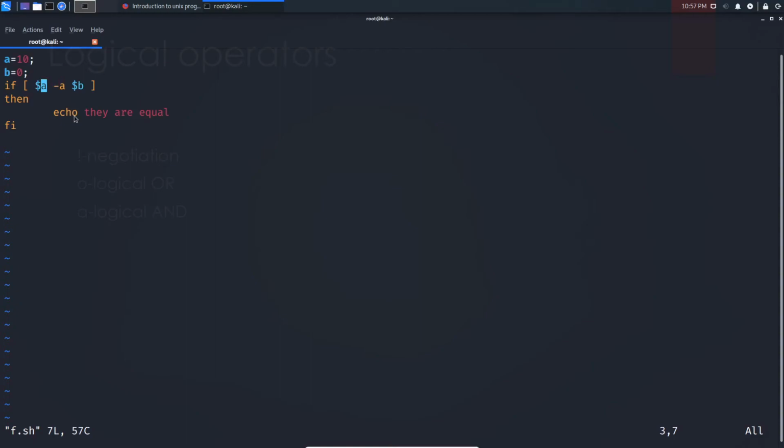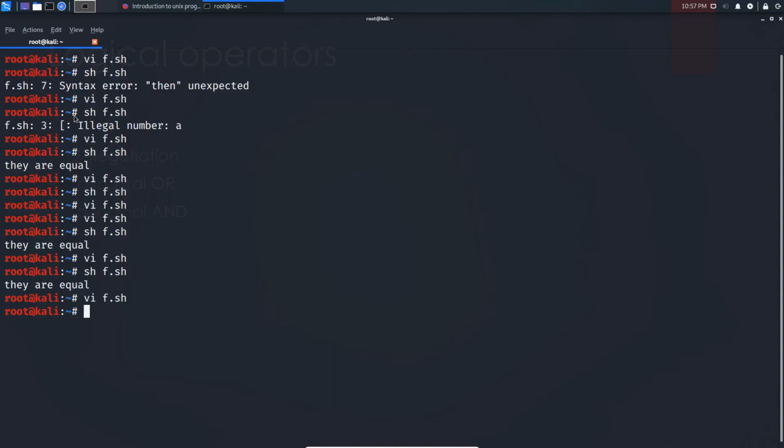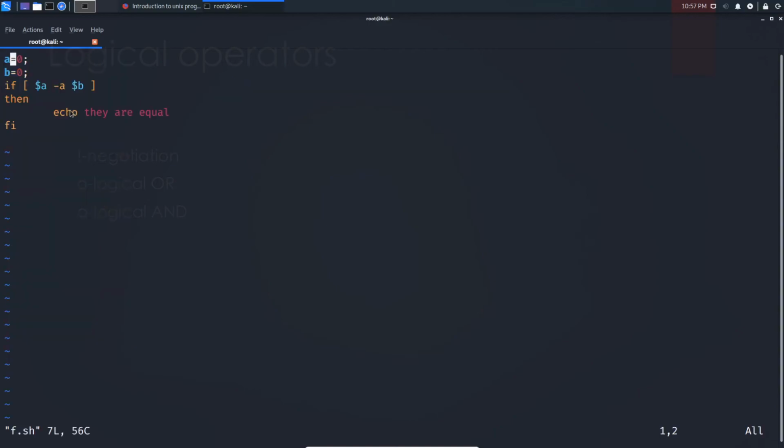The logical operation of 10 and 0 should be 0, but I don't know why it is printing they are equal. Now also it is printing that they are equal. I don't know why it is printing echo they are equal, so I think there is an error.